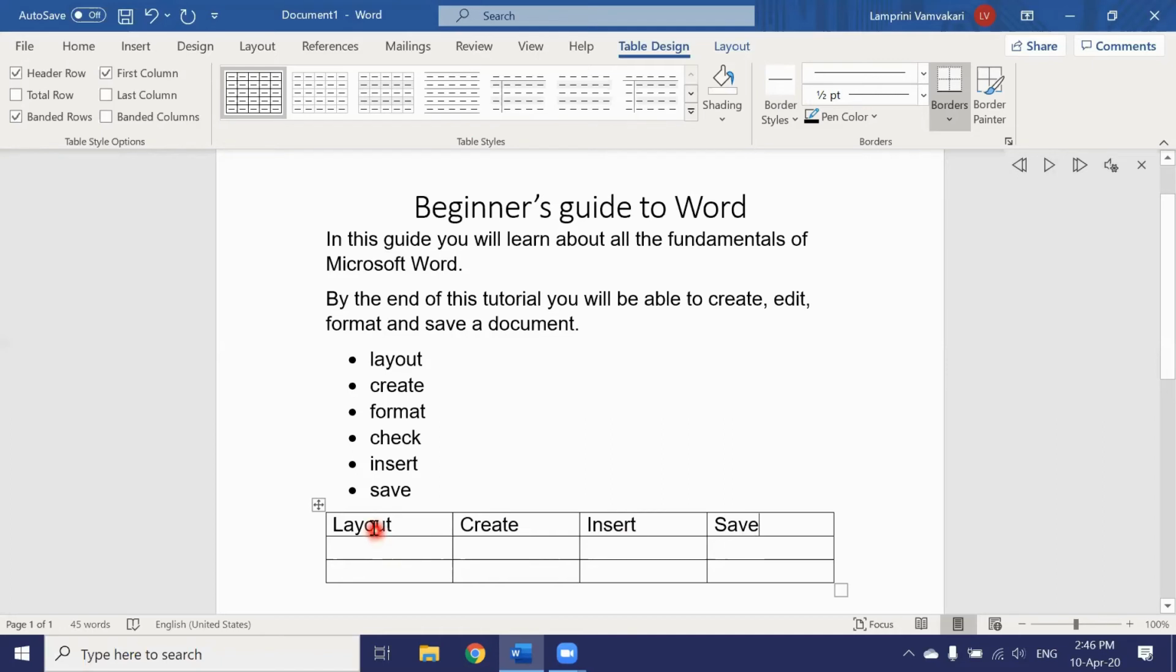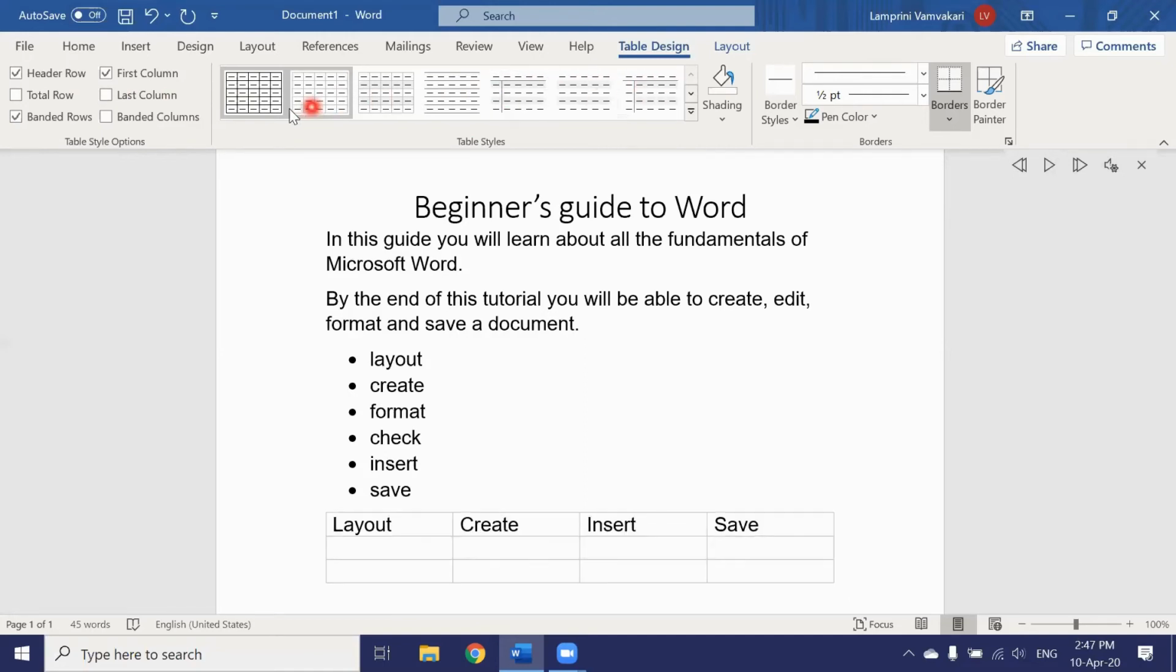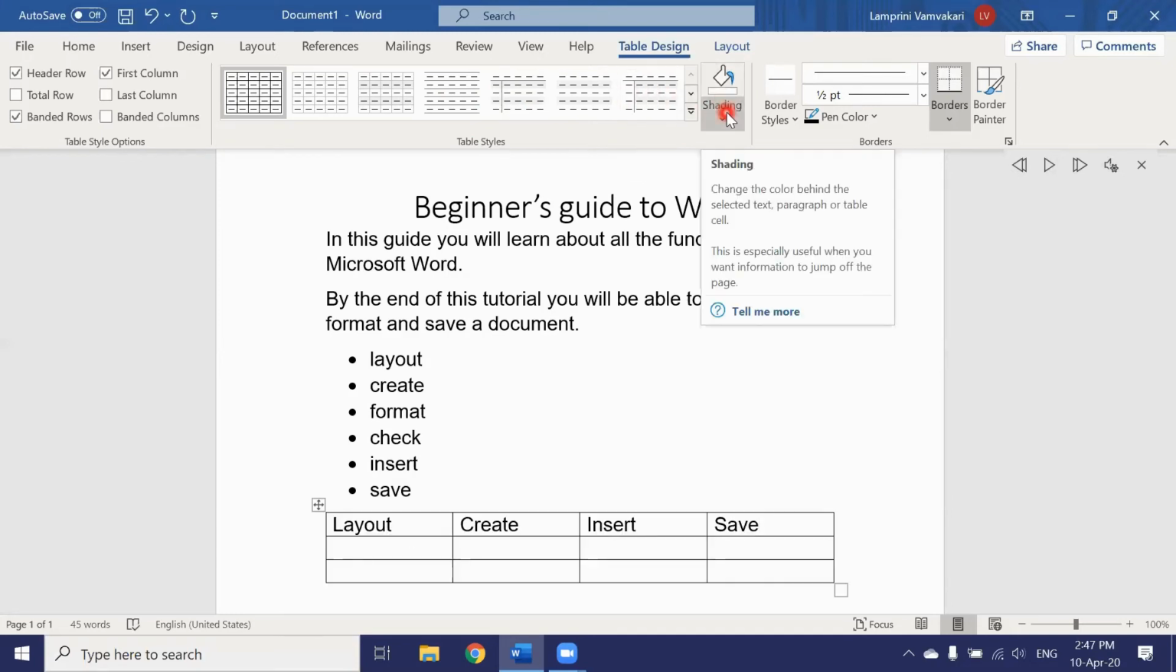Now, another tab has popped up. It's called Table Design. From this ribbon right here of the table design, you can format and design your table. So you can choose a design from here, whichever one you like. You can put shading,